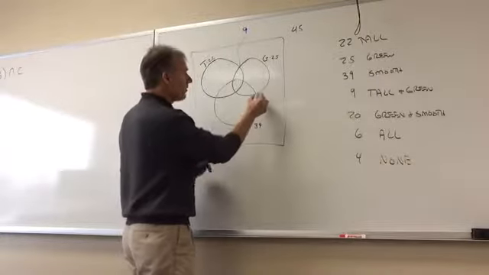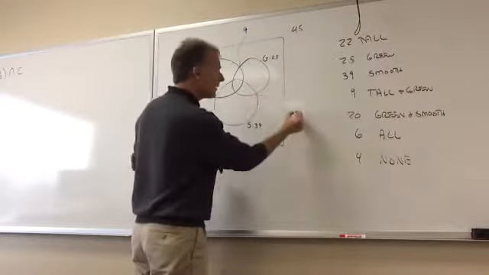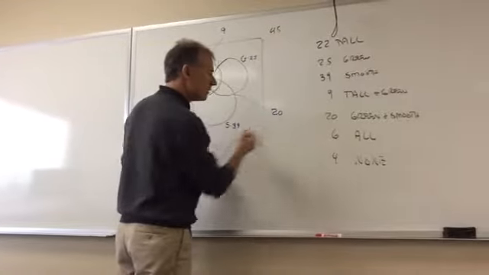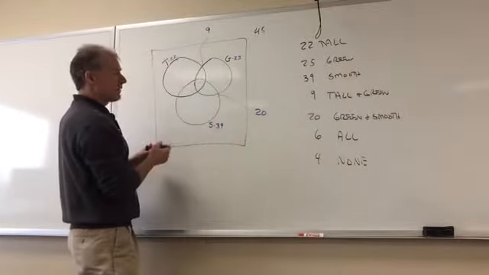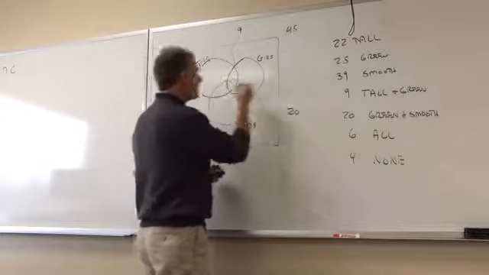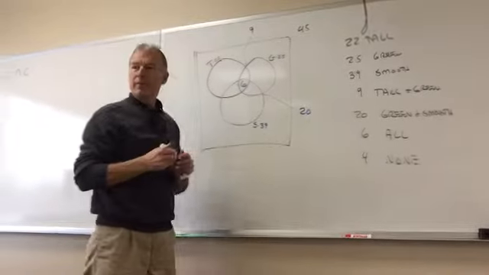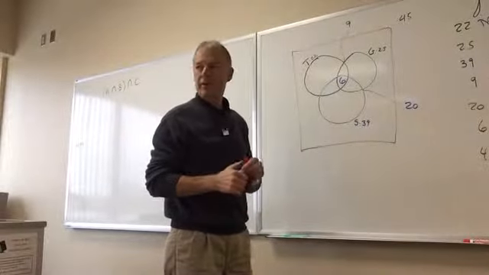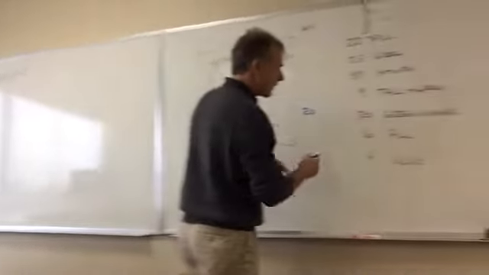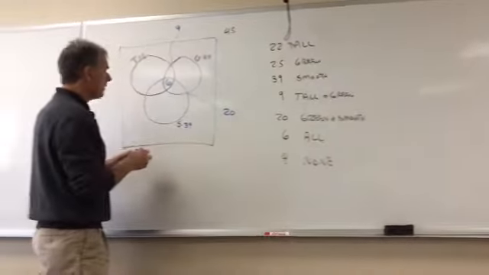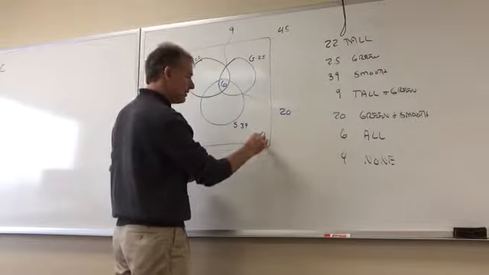Green and smooth. So this overlapping area is 20. Let's see. Oh, there we go. 6 pops into the middle. That's one I normally start with, and 4 had none of these characteristics,